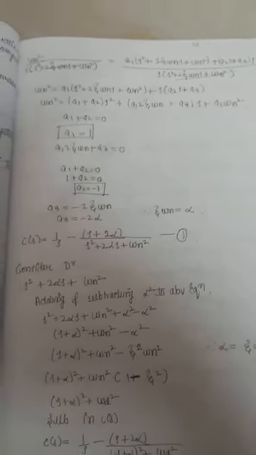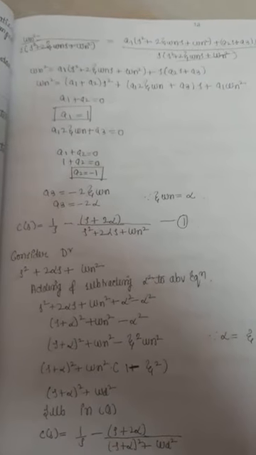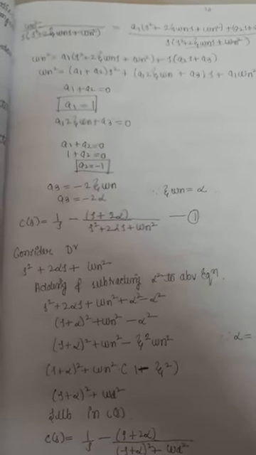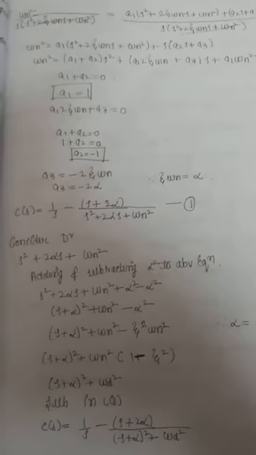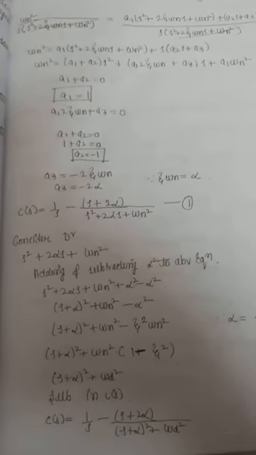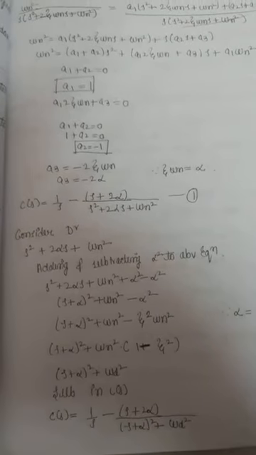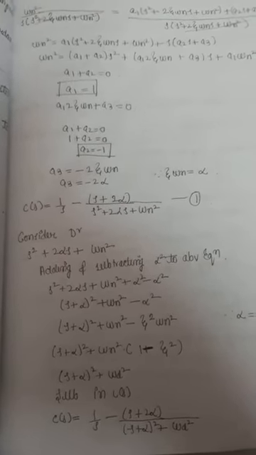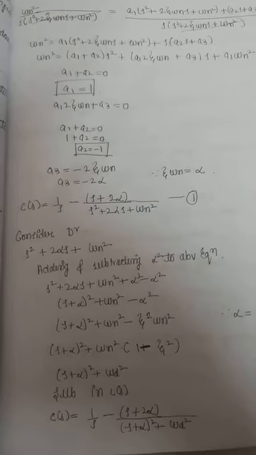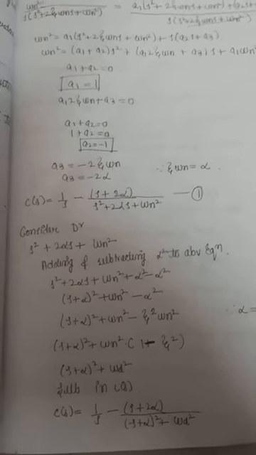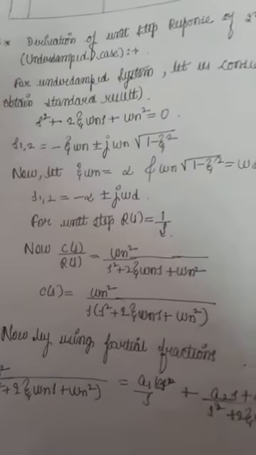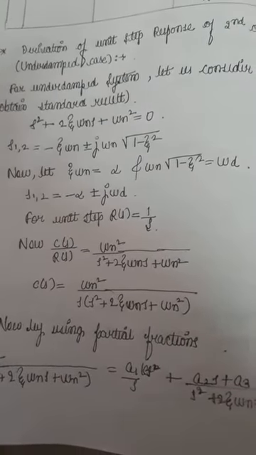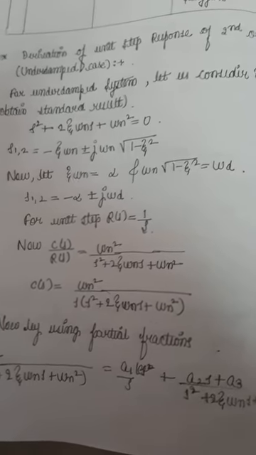Similarly, we will get the value of a1 is equal to 1, and similarly find the value of a2 is equal to minus 1. Again a3 is equal to minus 2 zeta omega_n. As already we have replaced zeta omega_n by alpha, this can be written as a3 is equal to minus 2 alpha, right? So if you substitute in the standard equation, that is C of s is equal to omega_n square divided by this, we have solved by partial fractions.